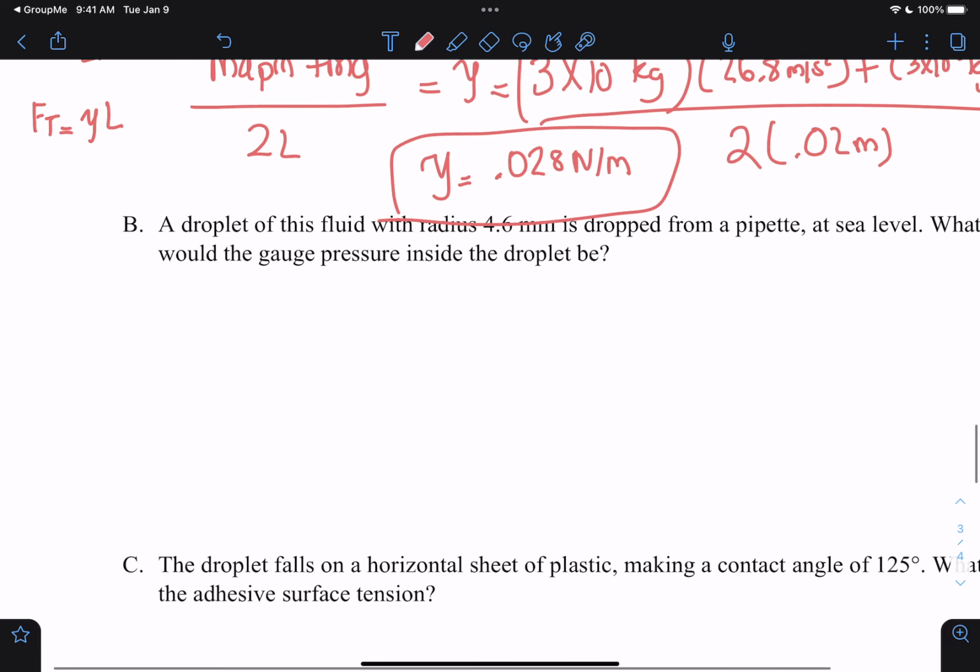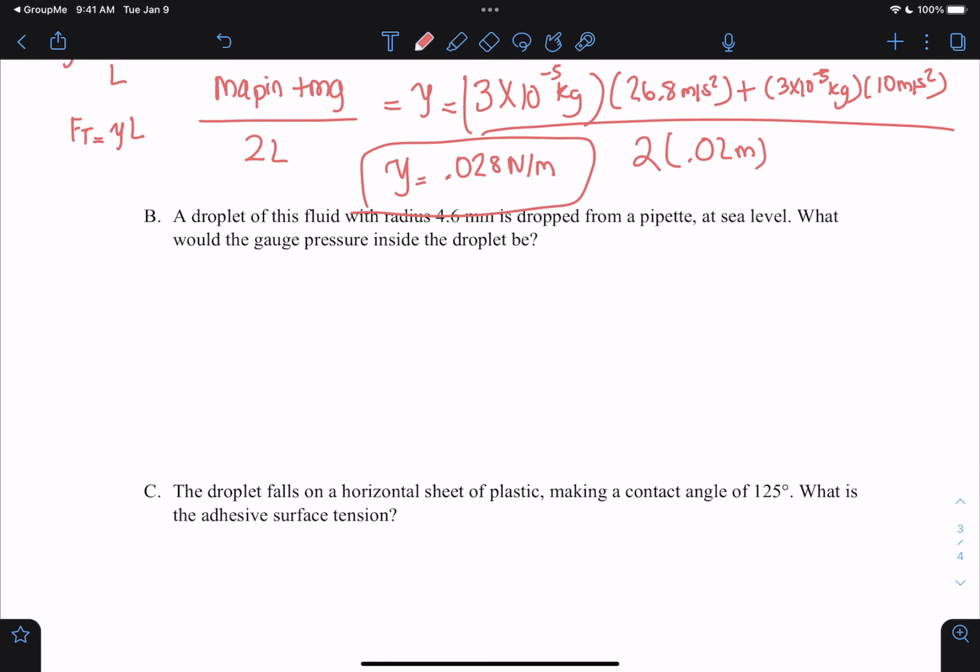But yeah, part B, saying a droplet of this fluid with radius 4.6 millimeters is dropped from a pipette at sea level. What would the gauge pressure inside the droplet be? So looking for gauge pressure